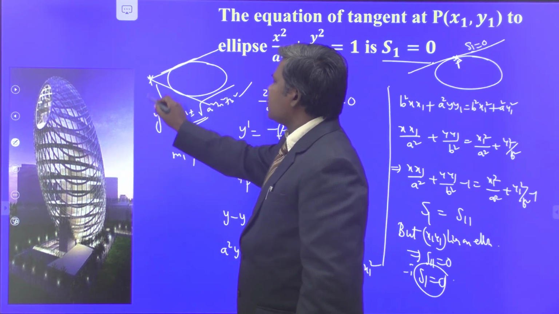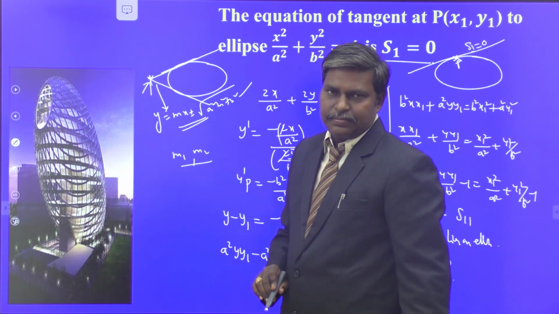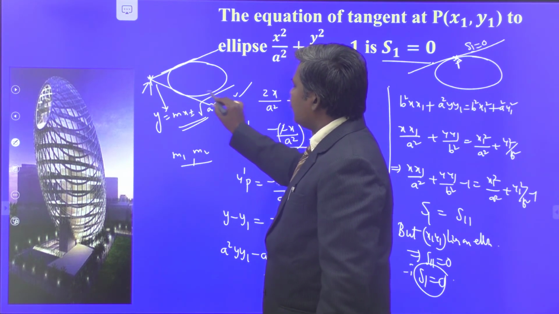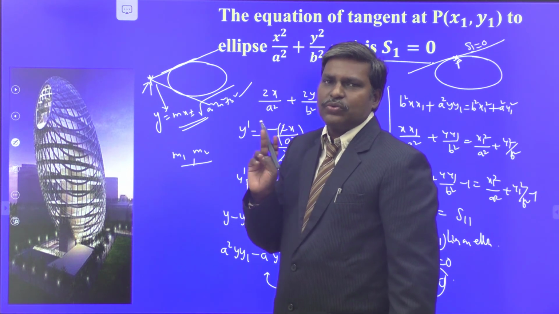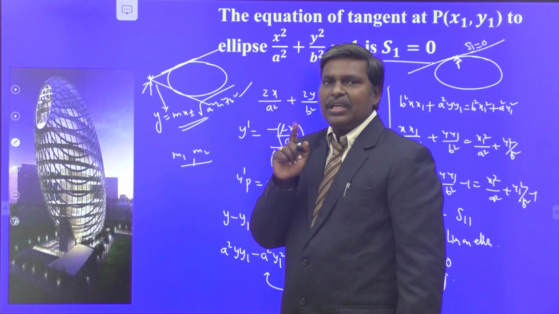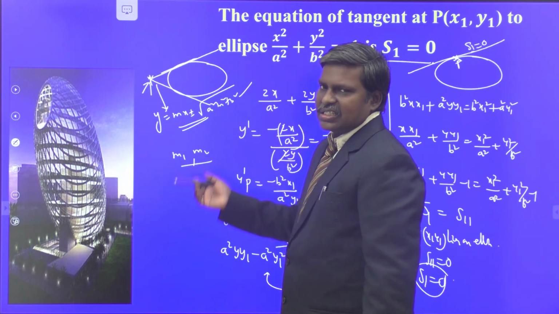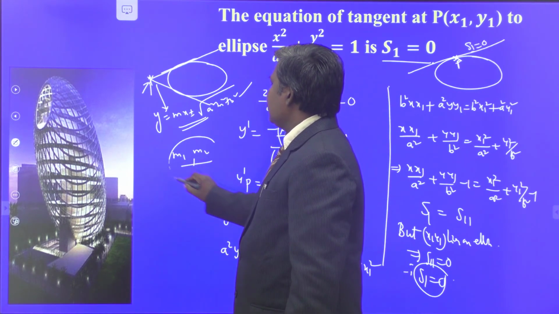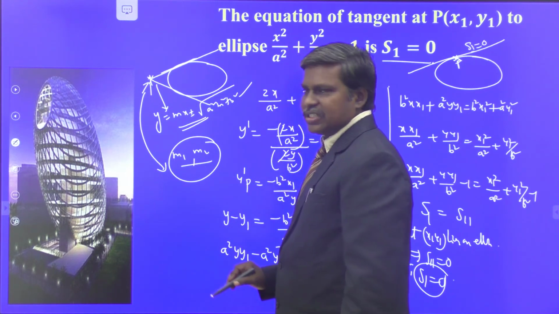You write the equation of tangents by using the point and slopes itself. That is the technique. By substituting the values of m1, m2 here itself, we get 4 equations. Out of 4, 2 are fail, 2 are success. Because the maximum number of tangents through the point is how many? Only 2. So, out of 4, 2 are success, 2 are fail. So, to avoid that situation easily, write the equations separately by using the point and slope itself.